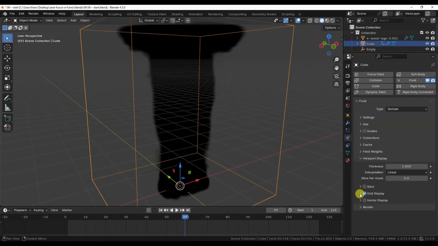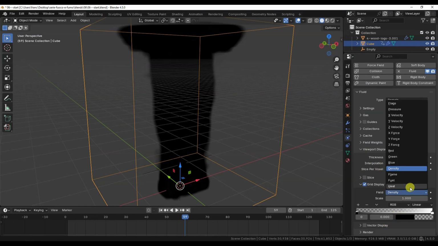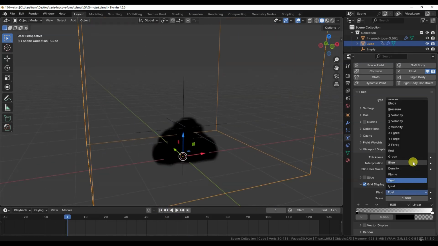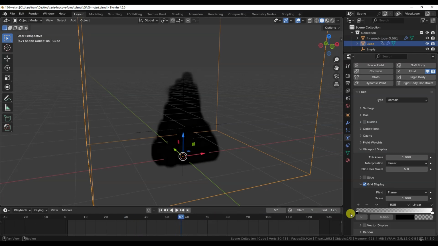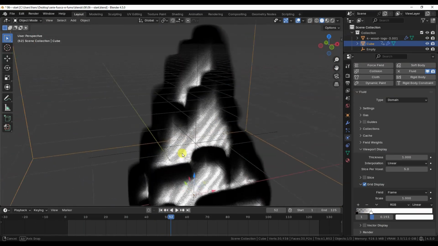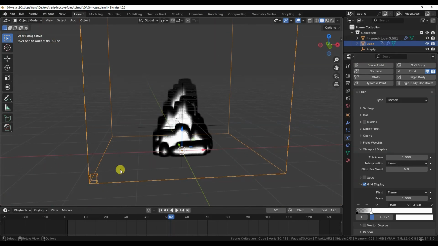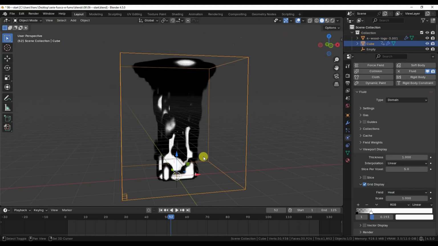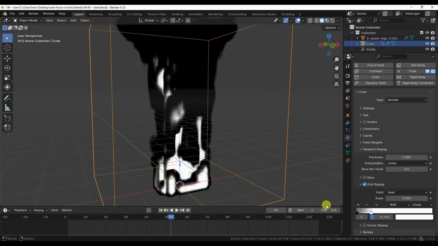I've saved the grid display section for last, since I think it's the most interesting. It lets us visualize some properties of the simulation, such as heat or density for each voxel. As we know, the domain is divided into voxels, and the resolution is clearly visible from the cube subdivisions we see in grid display. For each voxel, the domain contains information such as temperature and density. By adjusting the color ramp, we can see the range of values for these properties across all voxels. This kind of visualization is particularly useful because some of these properties are stored as attributes accessible in the shading section. In the next episode, we'll see how to retrieve them there to modify the material of fire and smoke voxels, for example, based on their temperature.